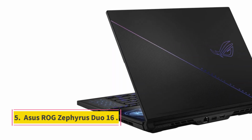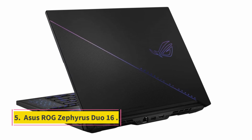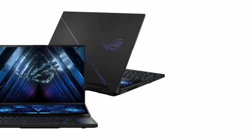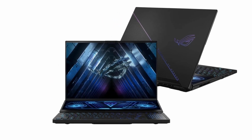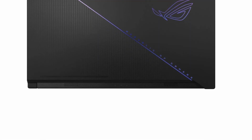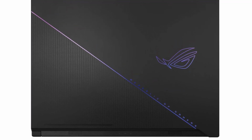Number 5. Asus ROG Zephyrus Duo 16. A dual-screen laptop might still not be mainstream, but for enthusiasts who know how to take advantage of one, whether placing a handy map on the second screen, or being able to quickly look down to reference your Discord chat, it's an excellent choice. And right now there is no dual-screen laptop we like more for gaming than the Asus ROG Zephyrus Duo 16. It packs a Ryzen 9